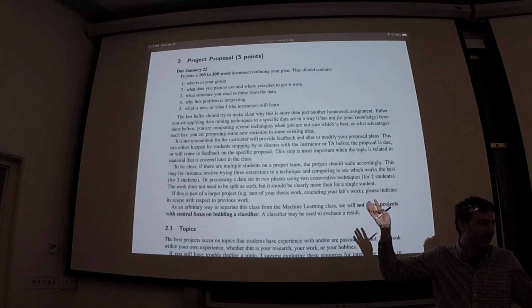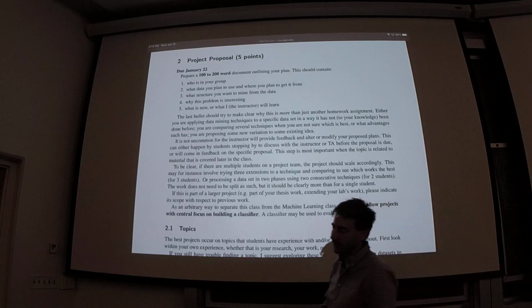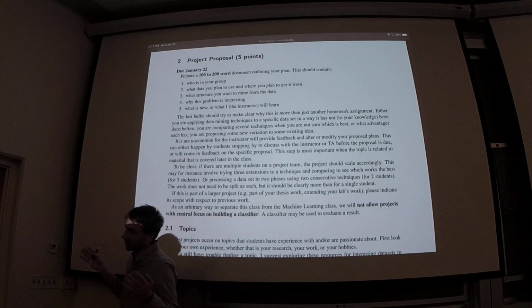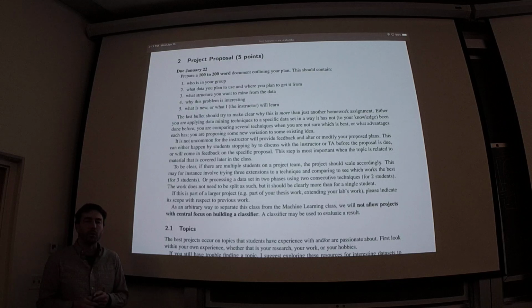It's not a lot of words. I don't need a lot of detail, but I want you to start thinking about this. And if you want to change it later, that's fine, but I want you to get started. Okay, and a bunch of people have posted ideas on Canvas,